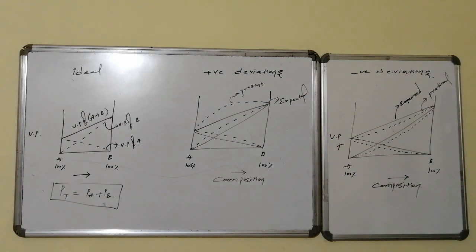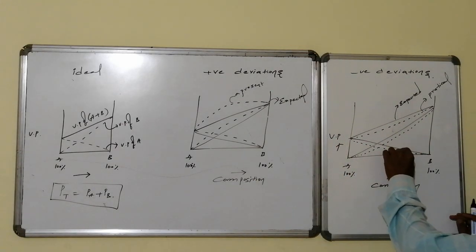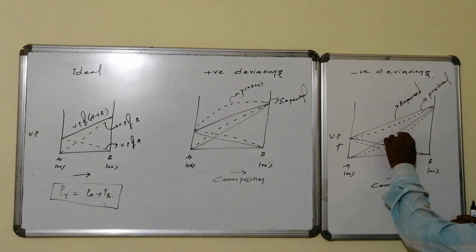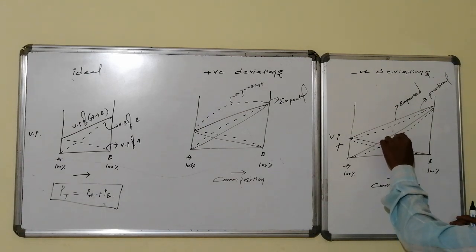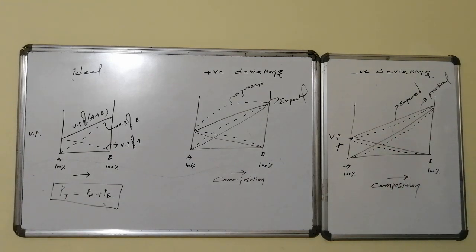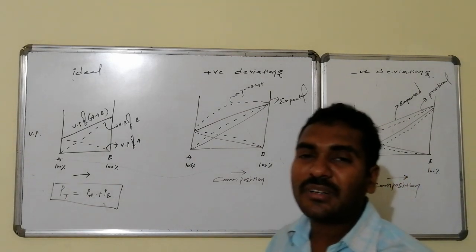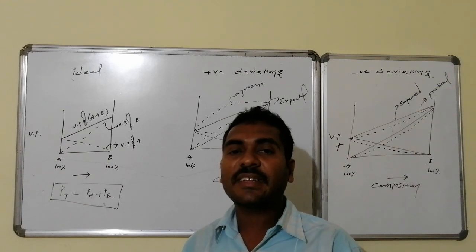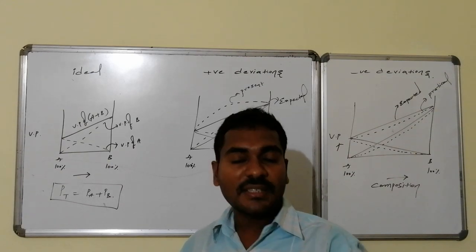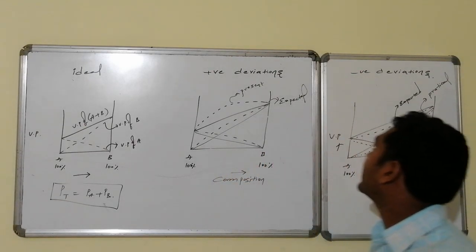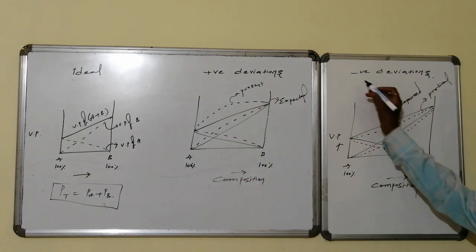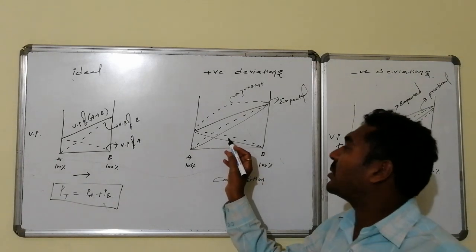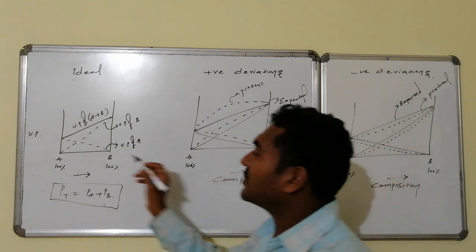Similarly, the reverse of that: expected vapor pressure will be higher, but practical will be little. Expected, as calculated, will be higher, whereas practical will be lower. Such kinds of deviations are present. We are having practically less in quantity. Hence that lower quantity is taken as reference. Hence, these are said to be negative deviations containing non-ideal solutions. This is negative deviations containing non-ideal solutions. These are positive deviations containing non-ideal solutions.